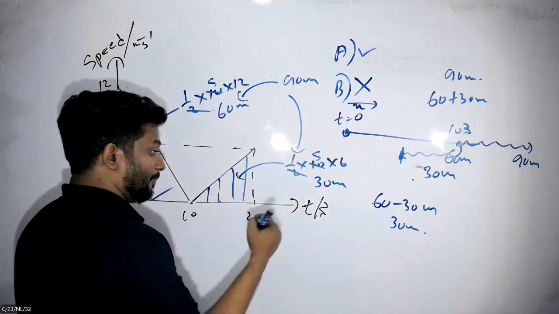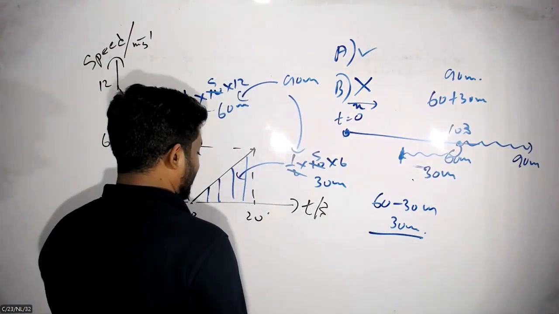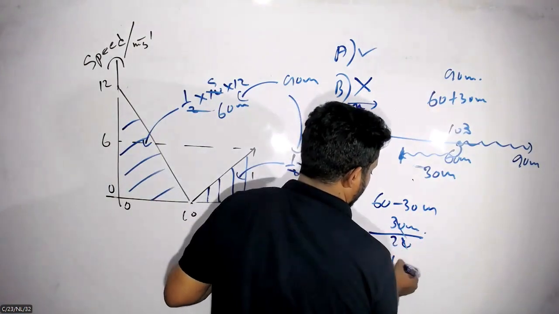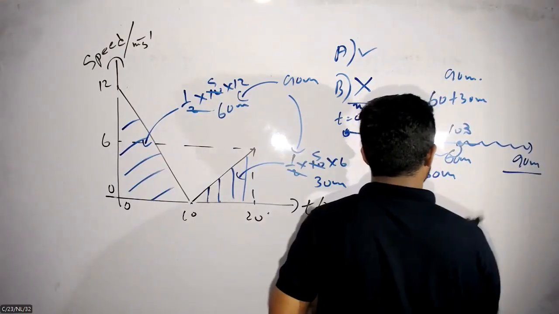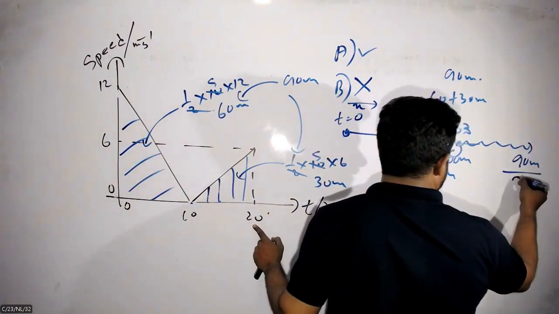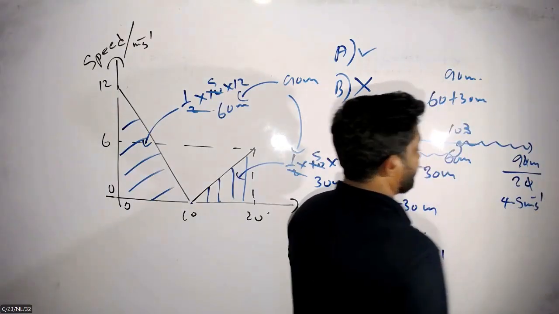There can be two displacements. Therefore, you will obtain two different average velocities. If the displacement is 30, then the average velocity should be 1.5 meters per second. If the displacement is 90, 90 divided by the total time interval gives 4.5 meters per second. Therefore, you cannot say